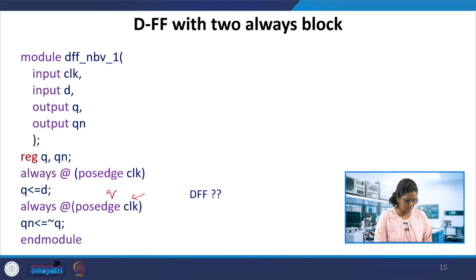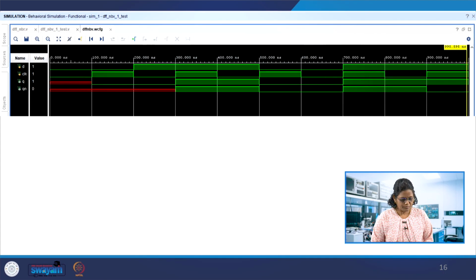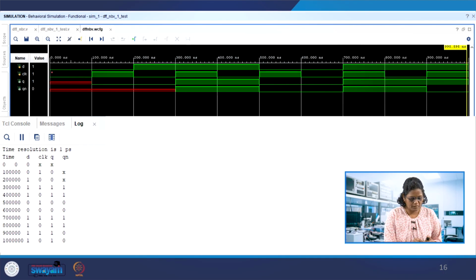There is a confusion over here. It will take the previous value because the assignment didn't take place yet. So the previous value of Q is complemented and assigned here. It will give an indeterminate result in this case, because the same variable is used at the same passage of the clock.